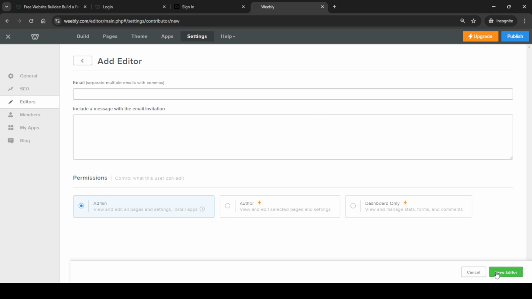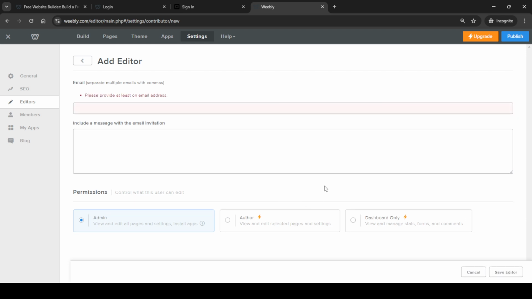Once you've entered the email, you'll see an option labeled Admin. Click on this if you wish to grant the new editor admin privileges, which means they'll have more control and access over the website editing capabilities. Finally, after deciding on the level of access and ensuring all the information is correct, hit the Save Editor button to finalize adding your new editor. And there you have it, you've successfully added an editor to your Weebly website. It's a simple process, but by following these steps you can ensure everything is set